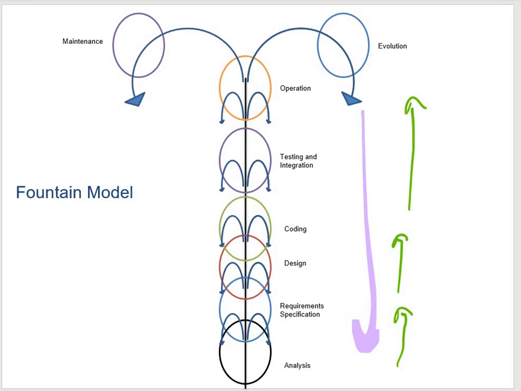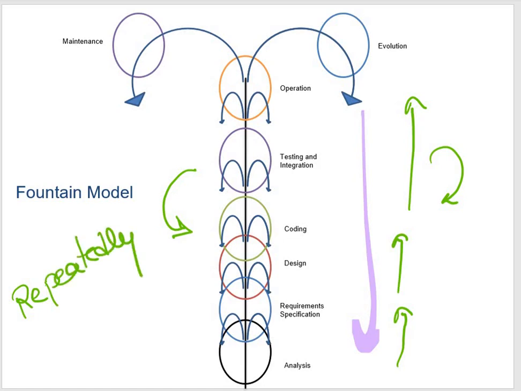Looking at this, you might have observed that a sequence goes on. This is nothing but a logical improvement to the waterfall model. We start from the analysis phase, then go to the requirements phase, then design and coding, testing, and then the operations. So what we have is this sequence of events similar to the waterfall model.